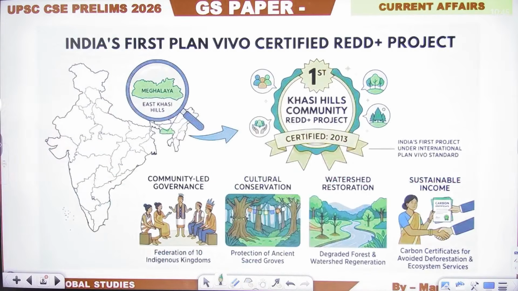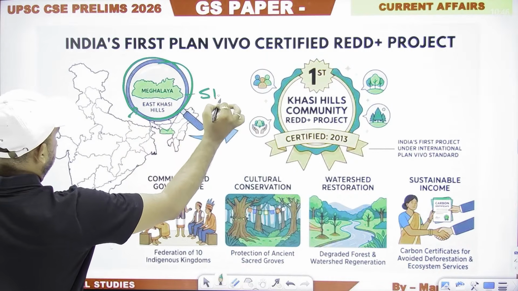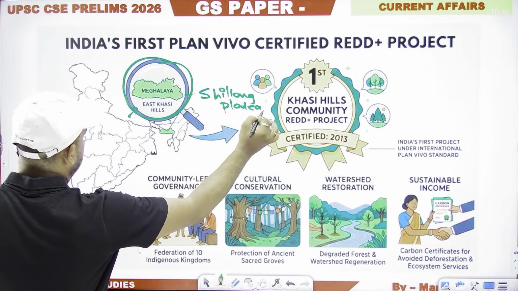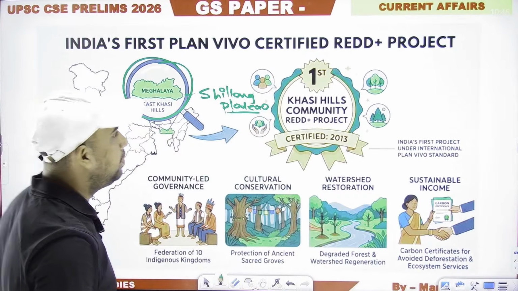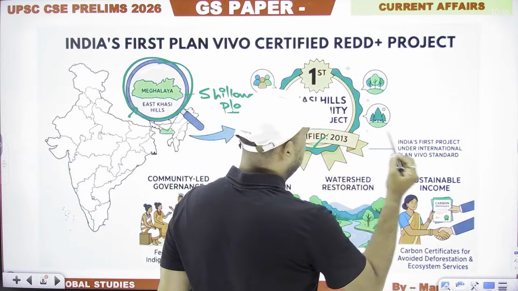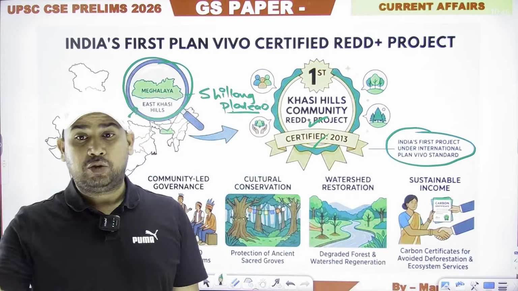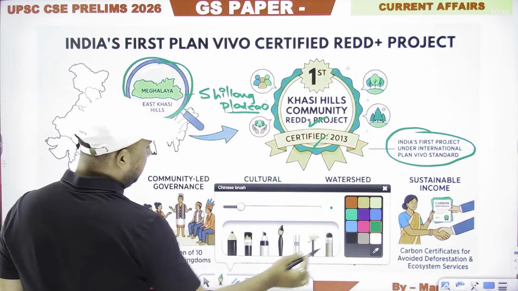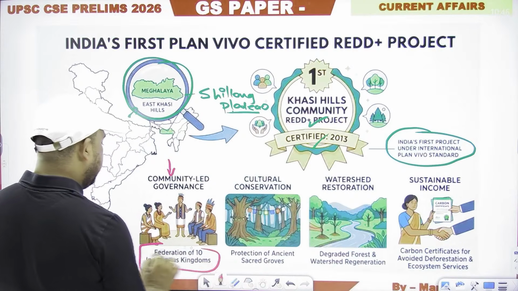As I am saying, when you look at Meghalaya, here it is known as Shillong Plateau, and on Shillong Plateau there are 3 hills: Garo Hills, Khasi Hills, Jaintia Hills, and in the eastern part of Khasi Hills, the Khasi Hills Community REDD project was certified in 2013 as India's first project under the international Plan Vivo standard, which was launched in 2011. And the things associated with this project are community governance, a federation of 10 indigenous kingdoms,